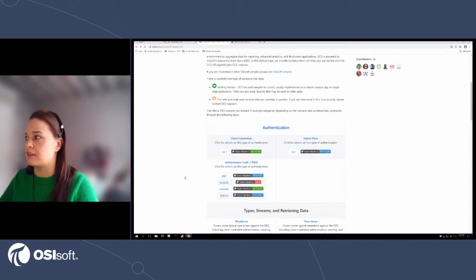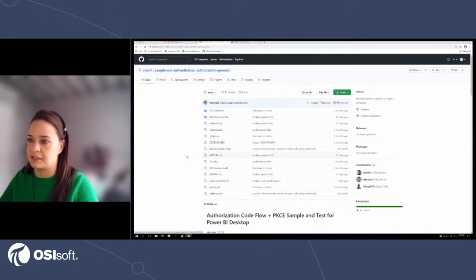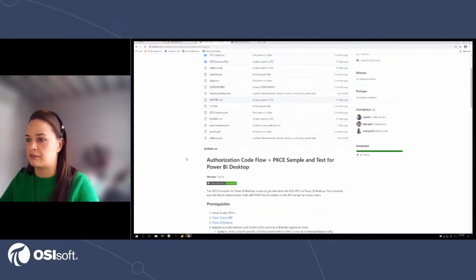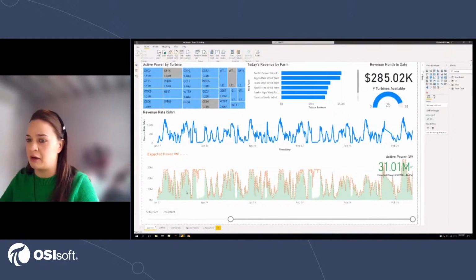So one of these that I do want to point out is actually a sample connector that we provide for Power BI at this time. So that's what I've clicked on in here. And this sample takes care of authentication with OCS and also allows users to input requests for OCS data. And I point this sample out specifically as it is exactly what we use to get data into this Power